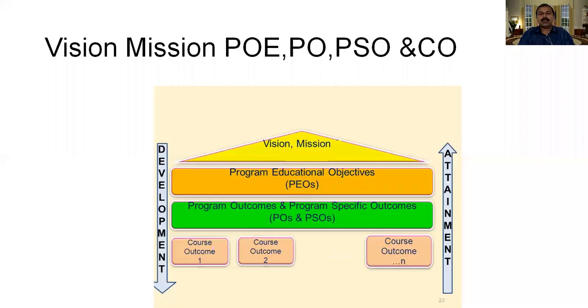So this is the structure of our outcome-based education framework. We start with the mission and vision statements of our institution. This is a long-term goal, the mission and vision, where we define what we are existing for and what we are planning to achieve through our institution. So this is really a long-term goal, and we define our long-term plans by using our mission and vision.